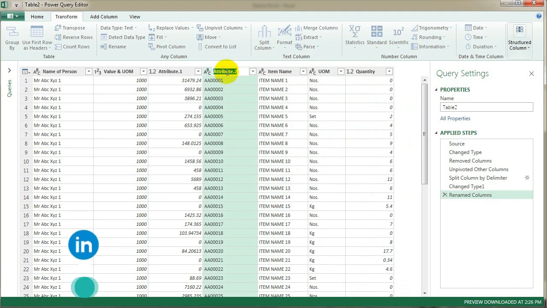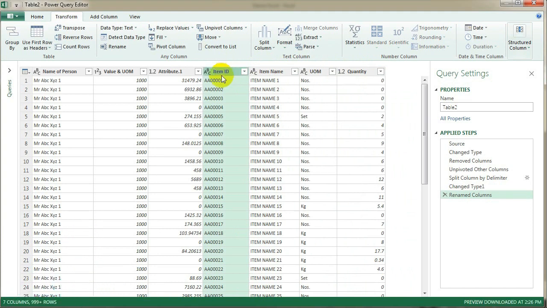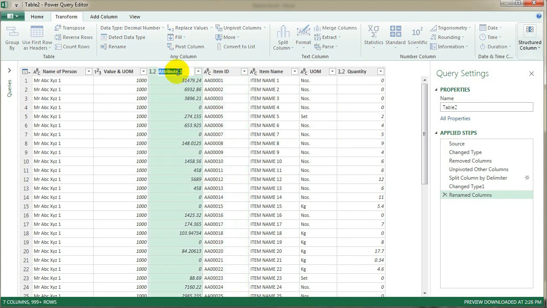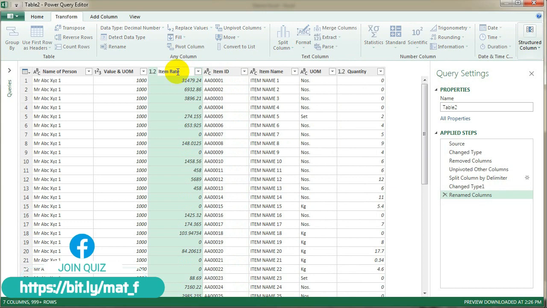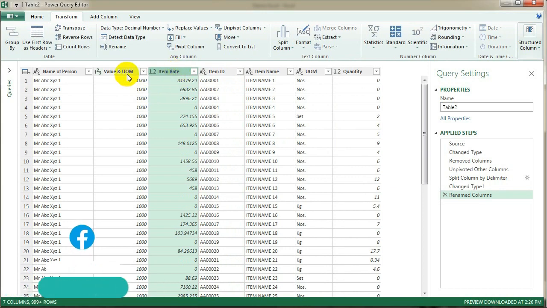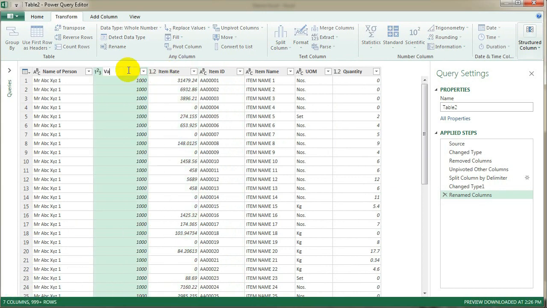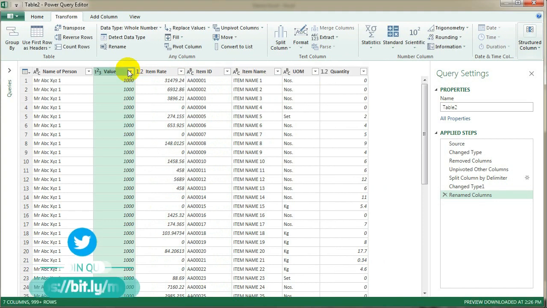This is item ID. This is item rate, and this is the name of the person. This is target. Don't worry, I will make a different video on the different options available in Power Query.